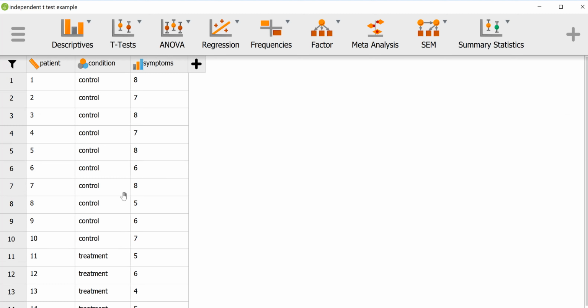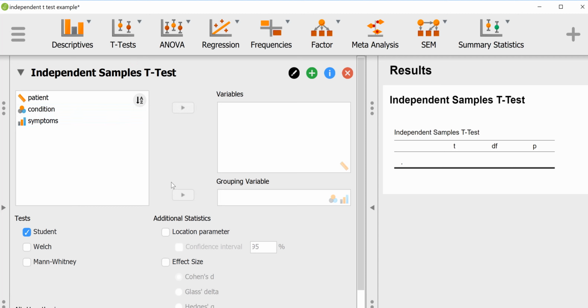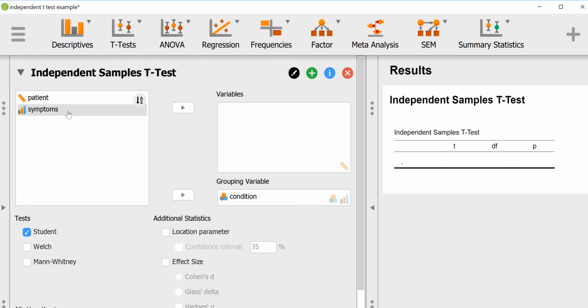And we want to compare the control group and the treatment group for the dependent variable, the mean levels for symptom severity. So to do an independent samples t-test, we'll go to t-test, independent samples t-test, and we'll enter the grouping variable as basically the independent variable, and the dependent variable goes in the variables box, and we'll leave this alone as the straightforward Student's t-test,